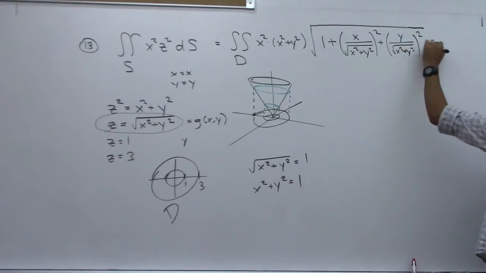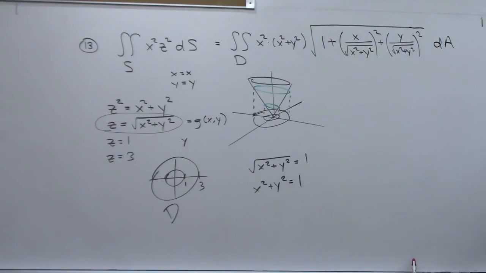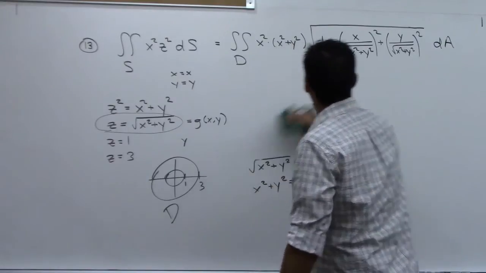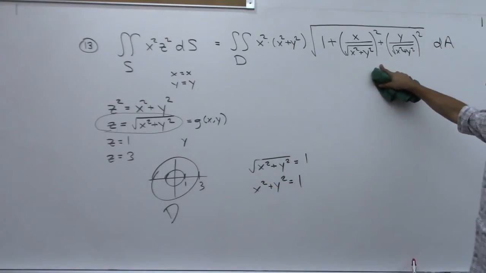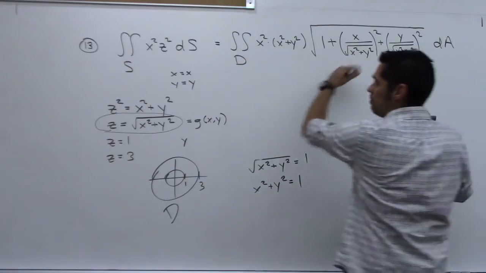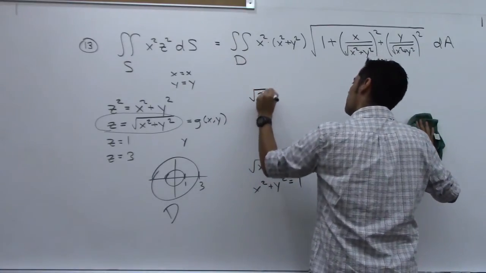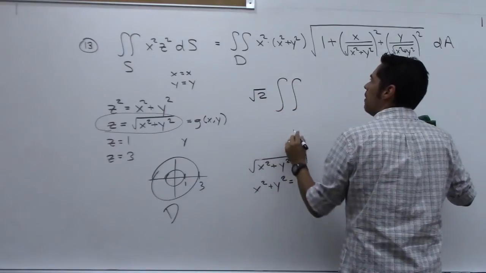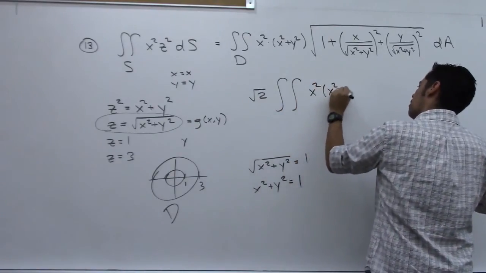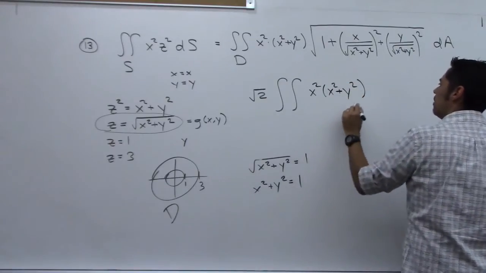And then we have dA. When we did this earlier and squared it, I don't know if you remember, it turned into root 2. So I'm going to just write a root 2 on the outside. And then I have x squared times x squared plus y squared. I do realize I could distribute that through,